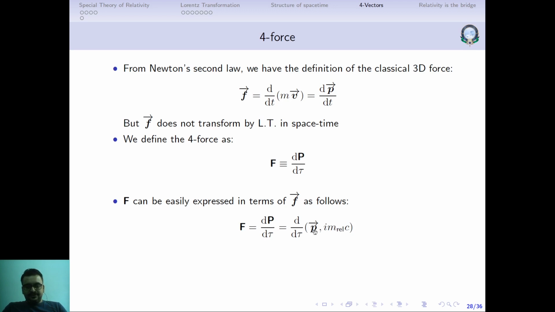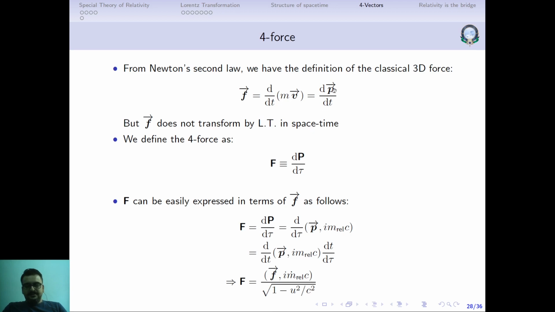Now we just have to differentiate this, right? We just take this d by d tau, we have to differentiate, but then we can use the chain rule here, because d by d tau is d by dt into dt by d tau. So this d by dt will act on this as well as this, and dt by d tau of course will give us a factor of 1 by under root 1 minus u square by c square.